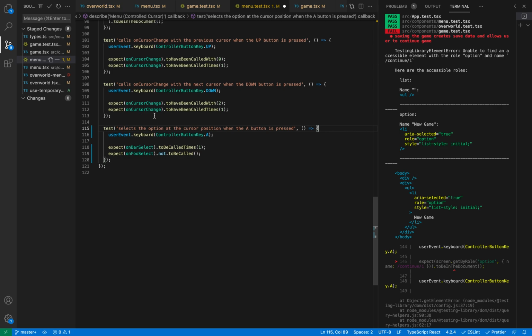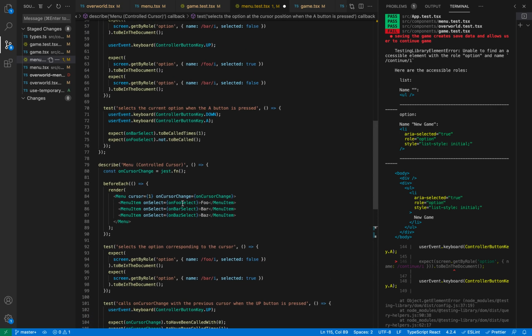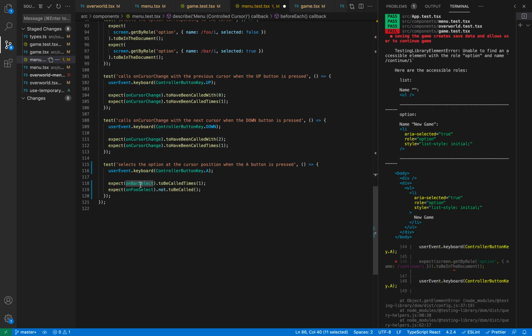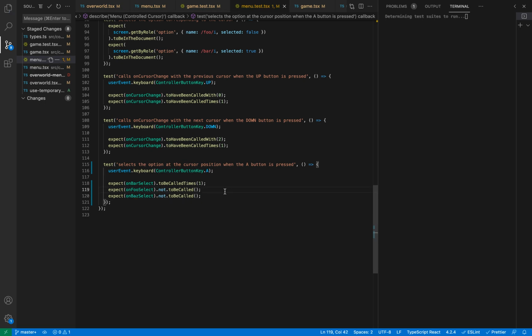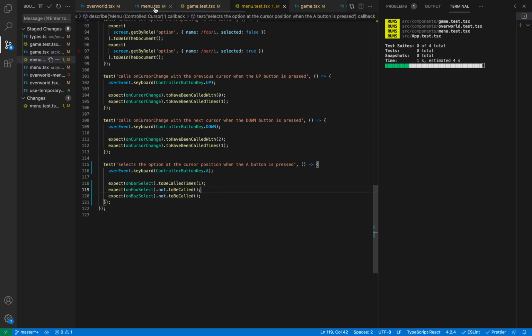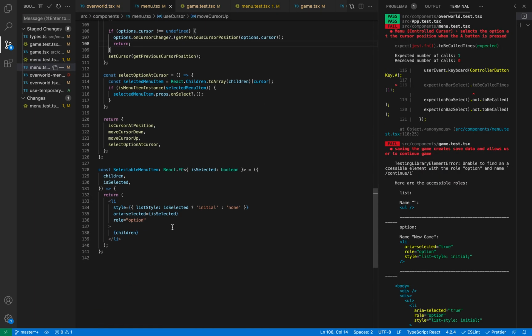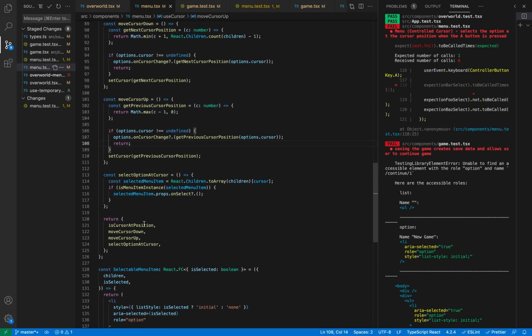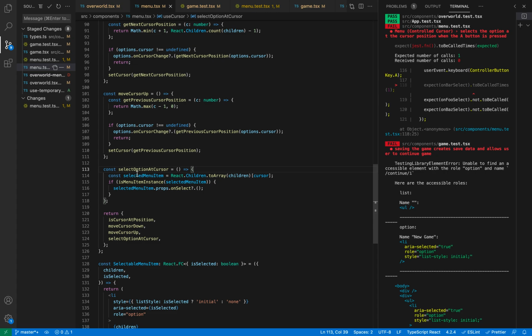So when we hit the A button, we expect onBarSelect to have been called once, and we also expect onFoo and onBaz not to be called, something like that. So this is going to fail, and then let's just go ahead and implement that. So the selected menu item,